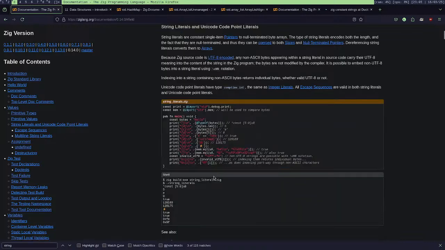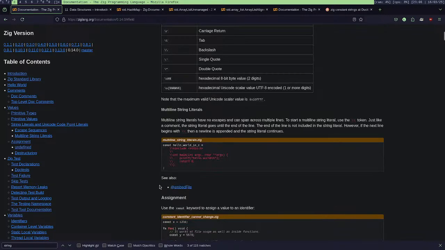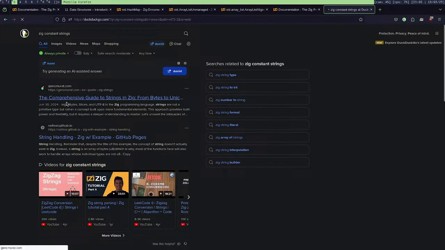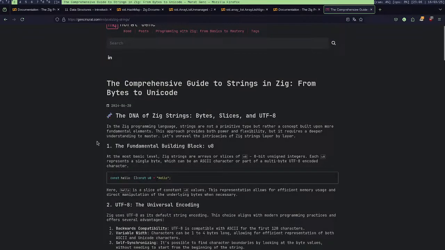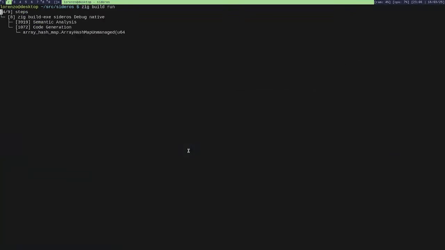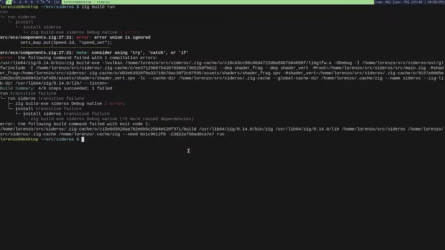So string literals are... Yeah, this is the type. Error union is ignored.